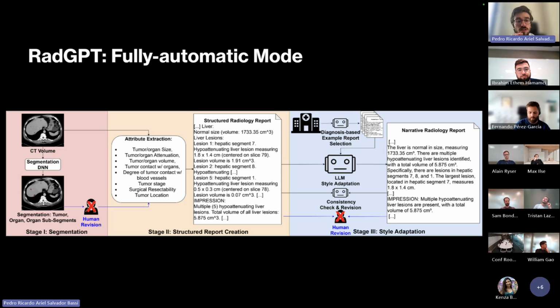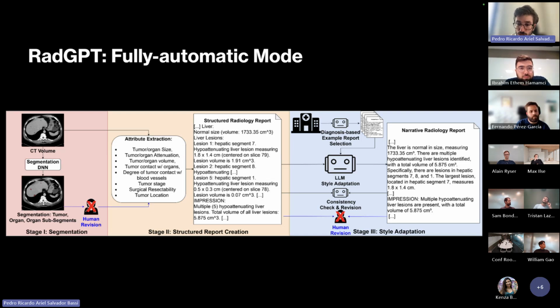Okay, so until now, I talked about this pipeline that generated our data sets. We call it RadGPT, and we mainly conceive it as a data set generation pipeline, so a way to use human-made segmentations of tumors and convert them into radiology reports. However, we may also change this pipeline, remove the human participation in it, and then we have a fully automatic